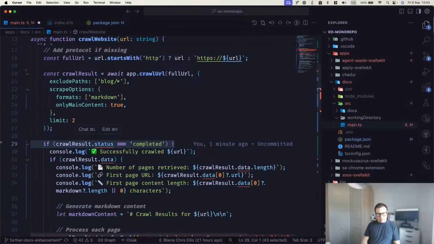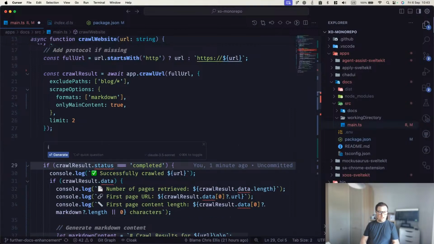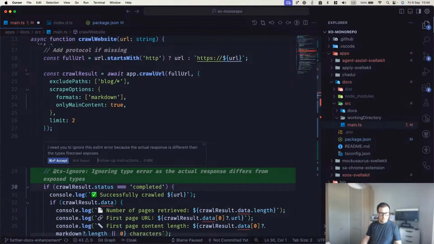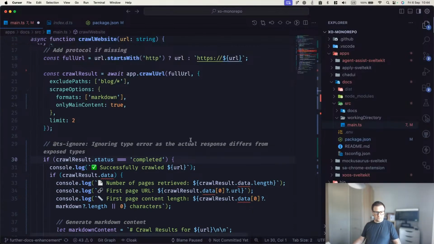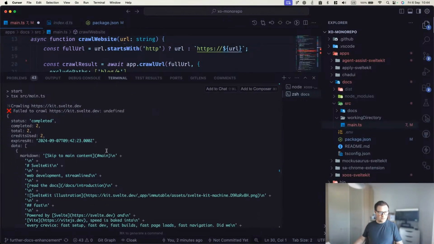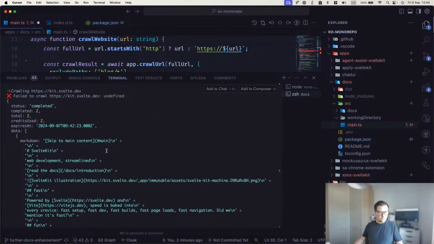So what we're going to do is I'm going to ask Cursor to make noise. I need you to ignore this ESLint error because the actual response is different than the types FireCrawl exposes. And there we go. So I'm not getting that alert anymore. Now these come back as data, which is good. So the structure,